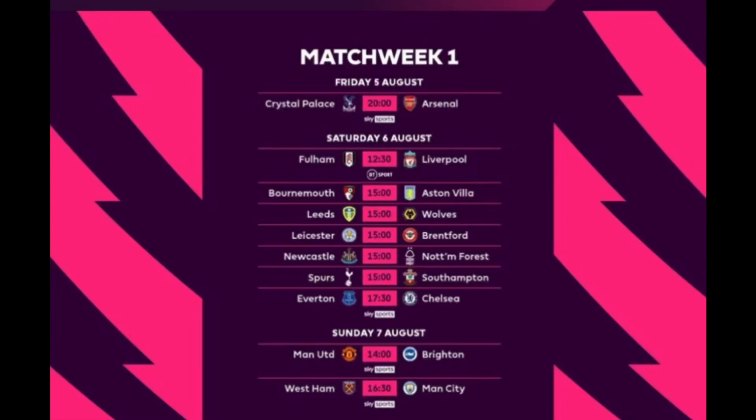The wait is finally over. The fixtures have been released. Here they are. So first up on the Friday, the 5th of August, we've got Crystal Palace versus Arsenal to kick off the season. Then on Saturday, we've got Fulham versus Liverpool, Bournemouth versus Aston Villa, Leeds versus Wolves, Leicester